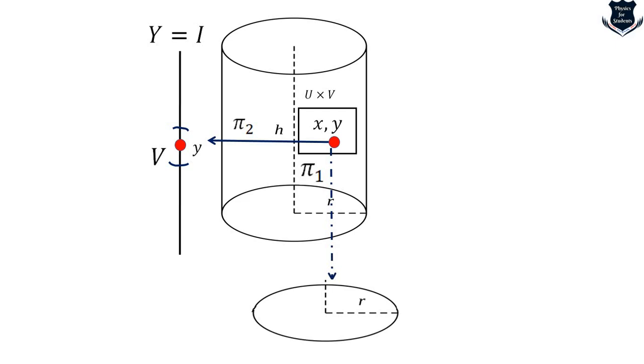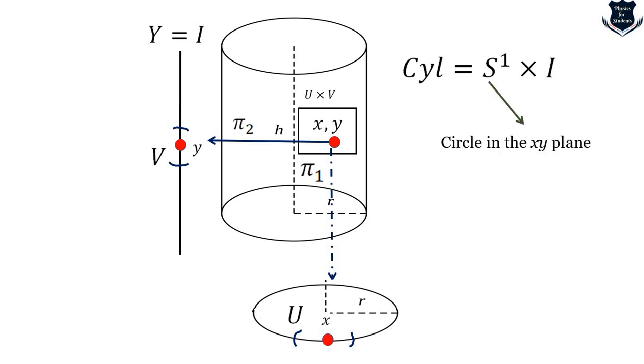So the extruded part, what we are talking about, and this is u with the interval dot point, this is x, and we can tell CYL, which stands for cylinder, equals to S1 multiplied by I. Now see this I, this one is the circle in the xy plane, and this I is actually the interval. See how beautiful it is. Isn't it so beautiful? So we constructed this cylinder,